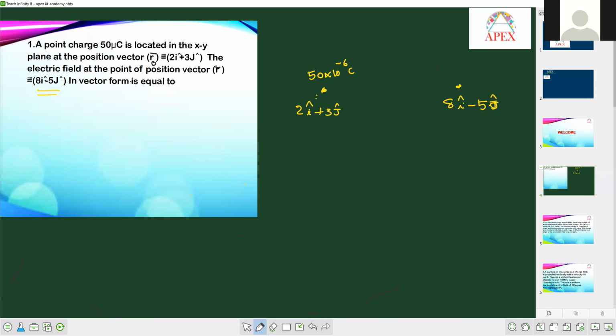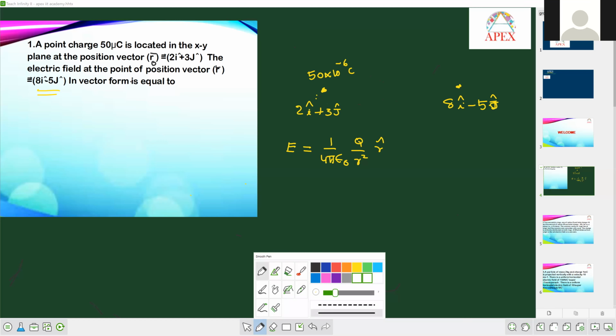So to calculate that, I think all of you know the formula. What is the formula for electric field intensity due to a point charge? That is 1 by 4 pi epsilon naught q by r square. And of course, they're asking to write in vector form, so that it is always along the line joining, so you can write r cap. Now, first of all, 1 by 4 pi epsilon naught is a constant value. We know that q value is given. R value you have to find out. R is the distance between these 2 points only.